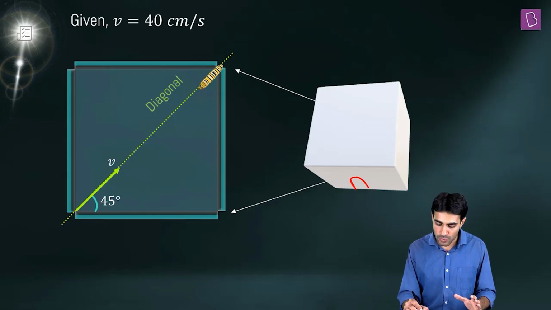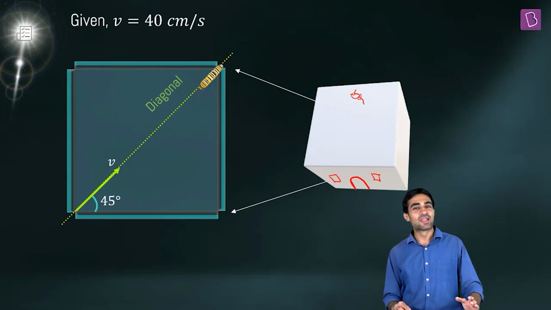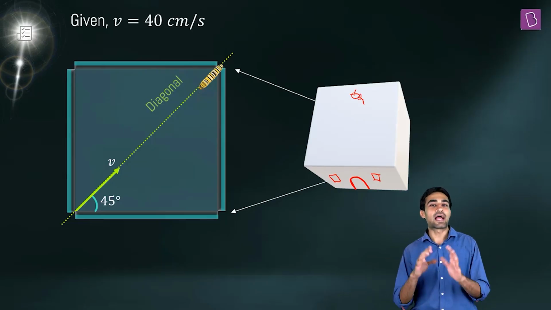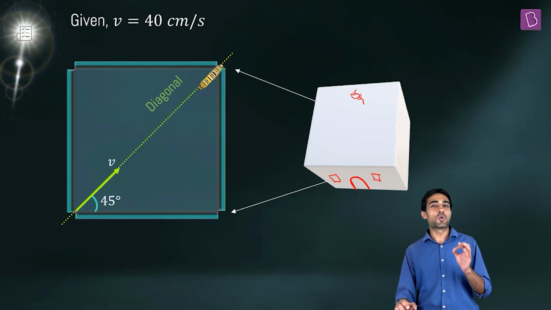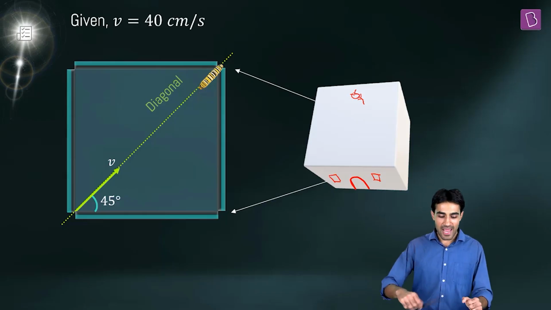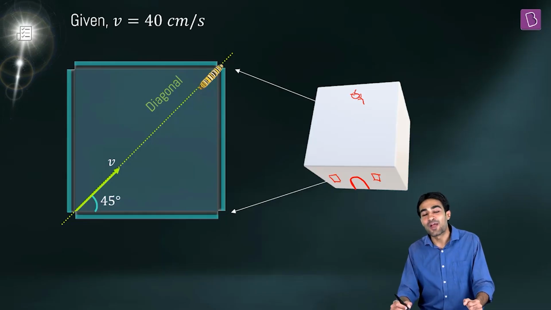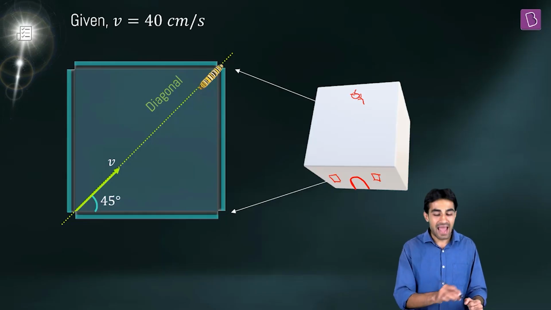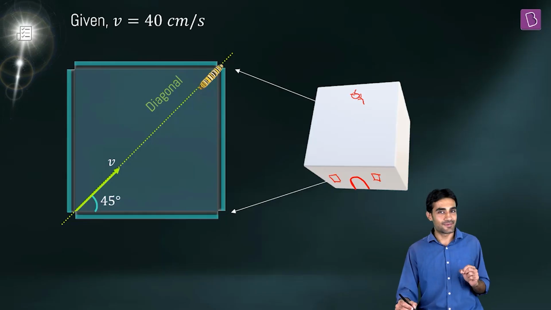You can imagine the door of your house. There will be some nice windows on your house like this, and there might be someone standing on the roof of your house. Okay, so we are not concerned what is outside the house. We are concerned only with the ground which is inside the house. Okay, so when we look at the ground, we find an insect crawling along the diagonal.